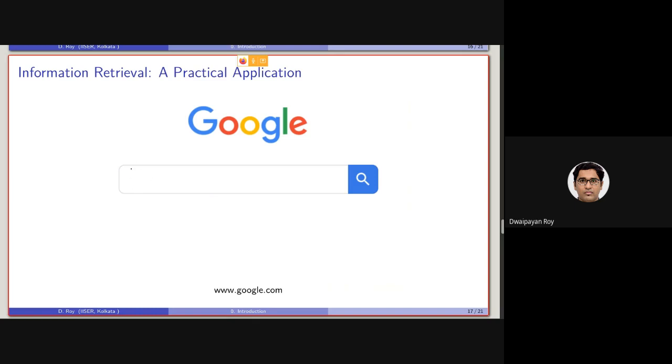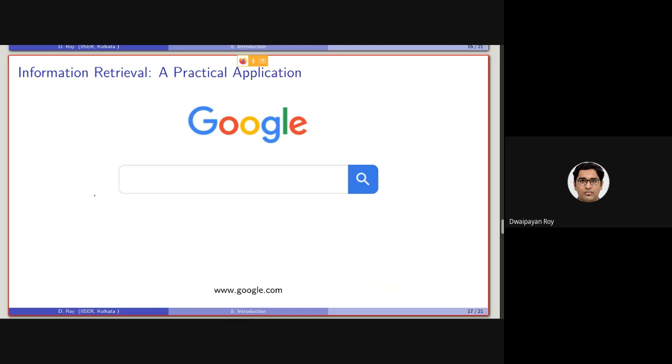So here in this text box, we need to provide the keyword query, and the Google search engine is expected to give us some documents, which is basically fulfilling the information need from which this keyword query has been generated.